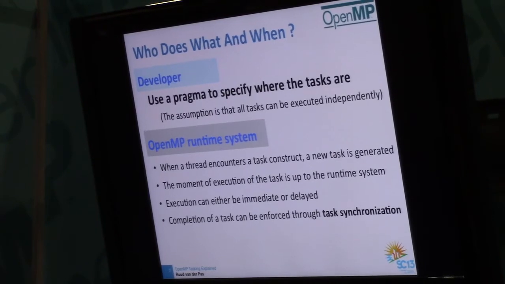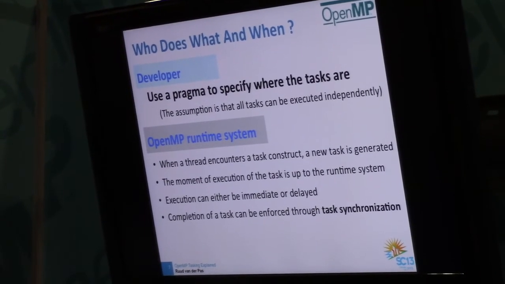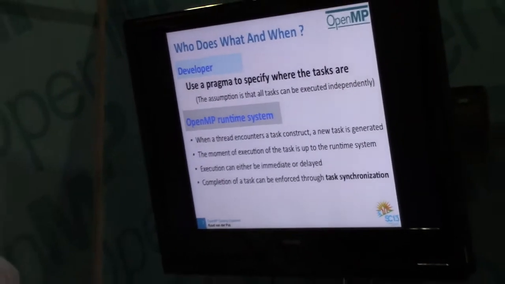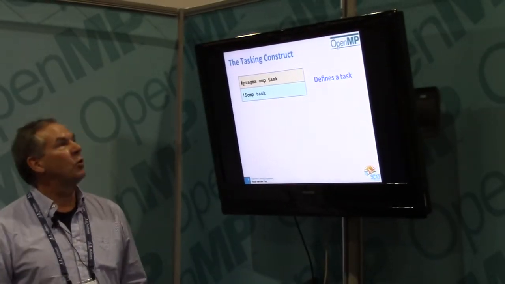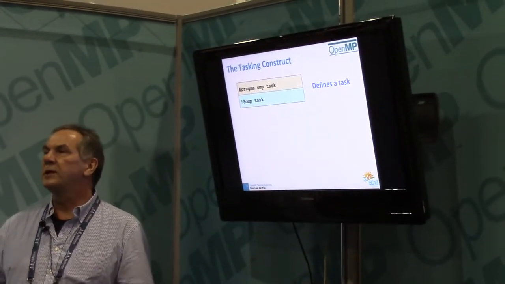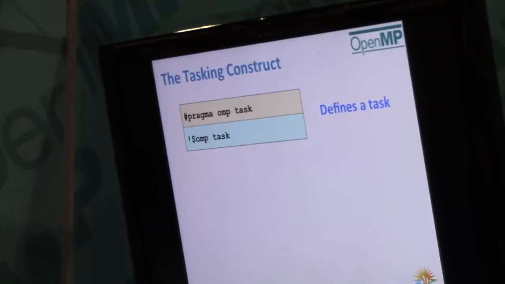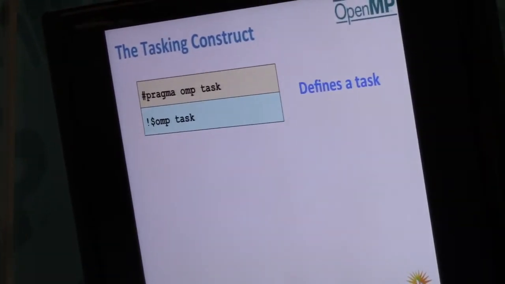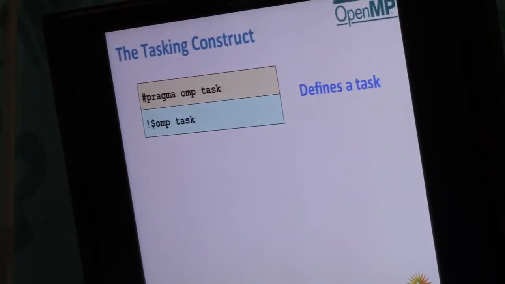So yes, you can have the same task, kind of. This is all you need to do: embed that code block, use the pragma omp task, or in Fortran, declare it to be a task to the system. Do you have to specify how many tasks? No, you can't. I'll get back to that.